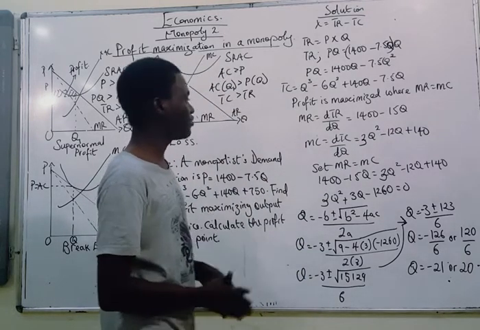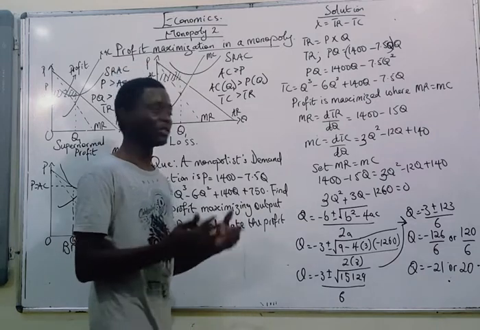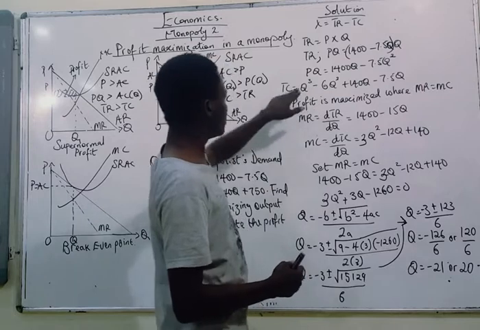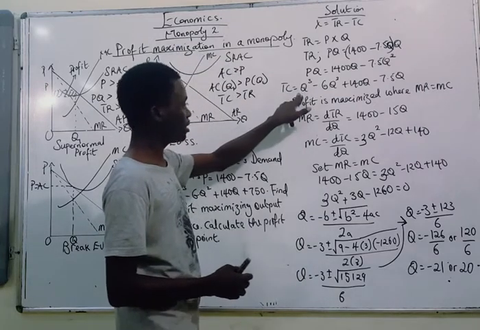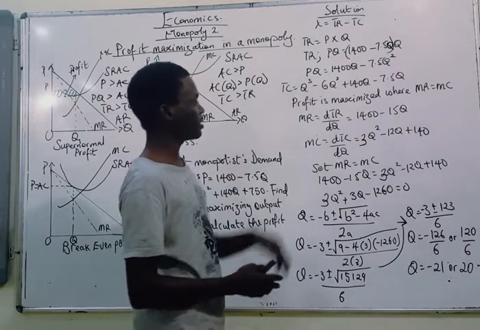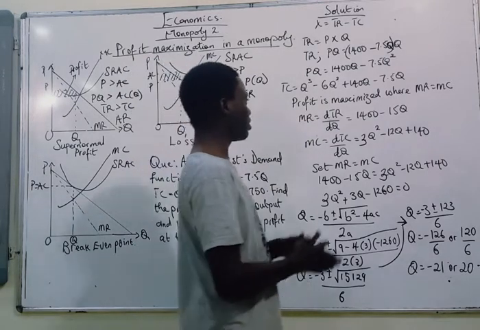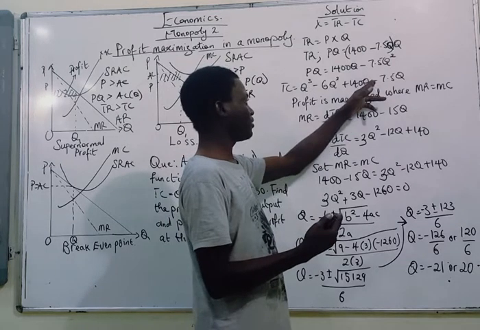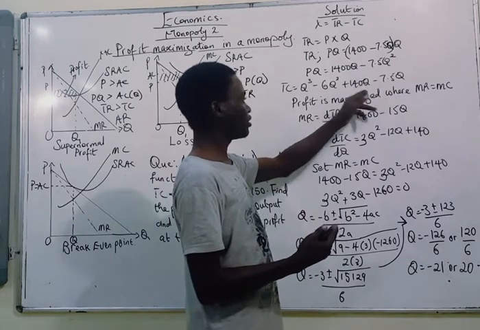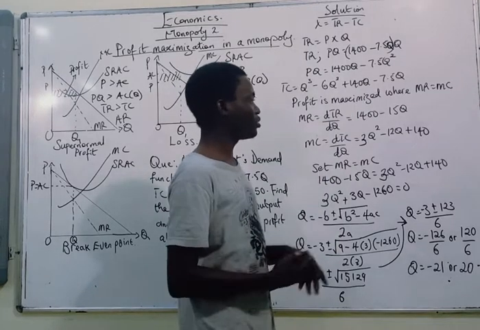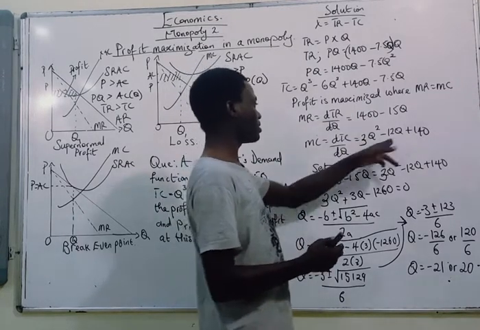Now we do the same thing for marginal cost, which is the change in total cost divided by the change in quantity. Okay, and that is this. So we have 3 coming down, and we are going to have 3Q squared, minus 2 multiplied by 6 is 12, then Q is left with power of 1, 12Q, then plus 140Q. By the time we differentiate this, it becomes 140Q raised to power 1 minus 1, and 1 minus 1 is 0, so Q raised to power 0 is just 1, and then it disappears,